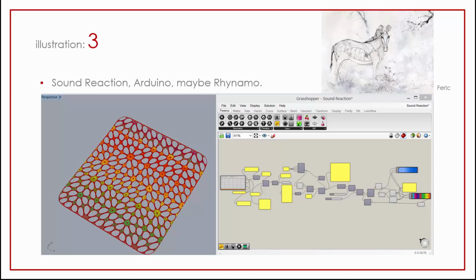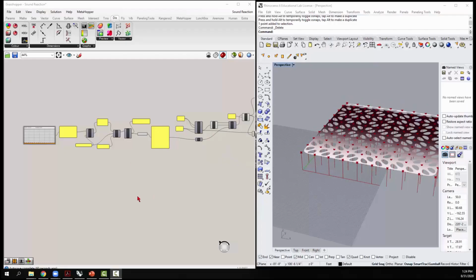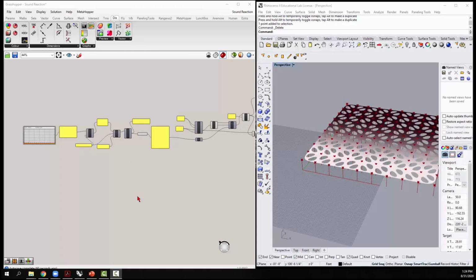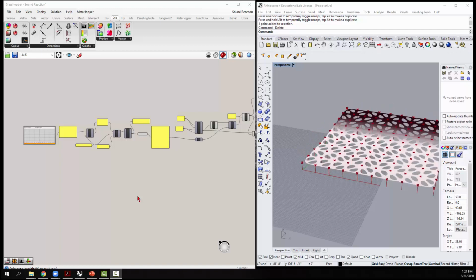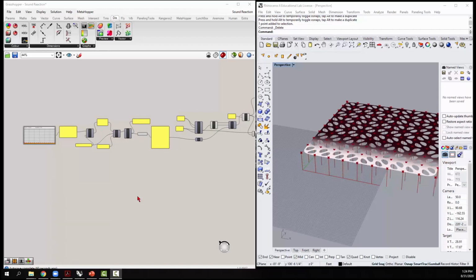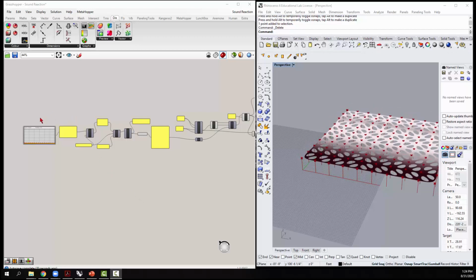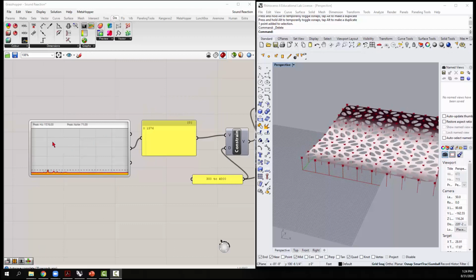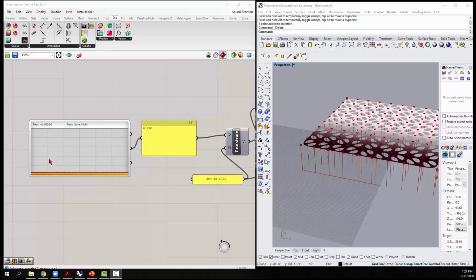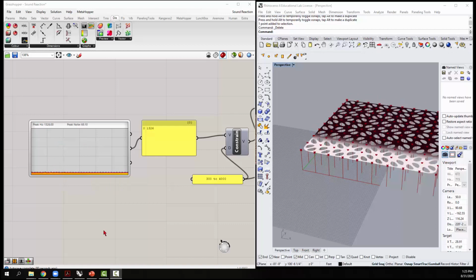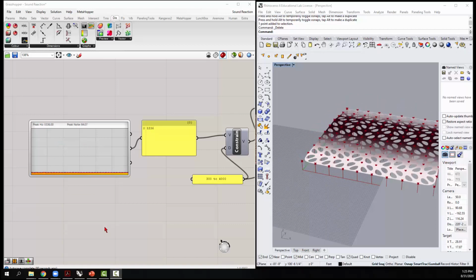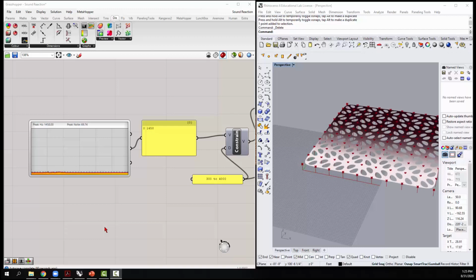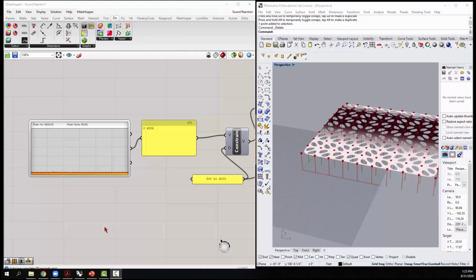So let's take a look at that. You're going to see my computer really slow down on this one, so it's a little heavy. All right, so this one's a little bit more complex, and you're going to see it reacting to my voice a little bit, and also to the air conditioning that's in here. Basically what this definition is doing is it's measuring the level of the input, and when the fan comes on it gets much louder. My laptop fan just came on because it's now cranking through all of this,